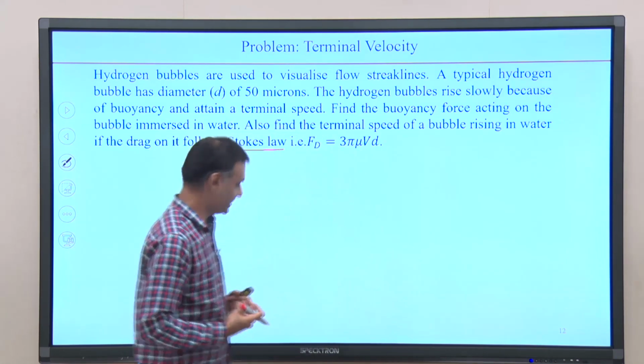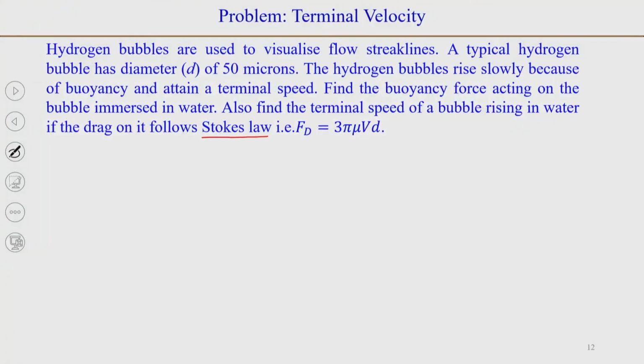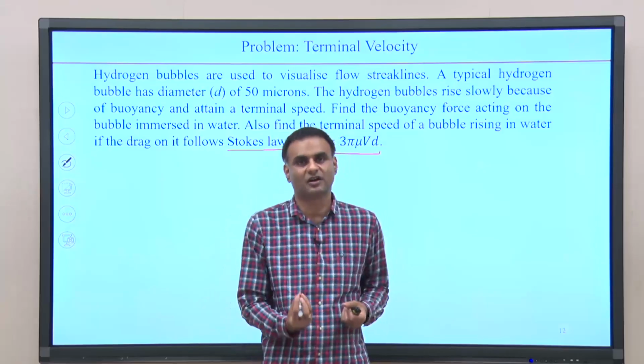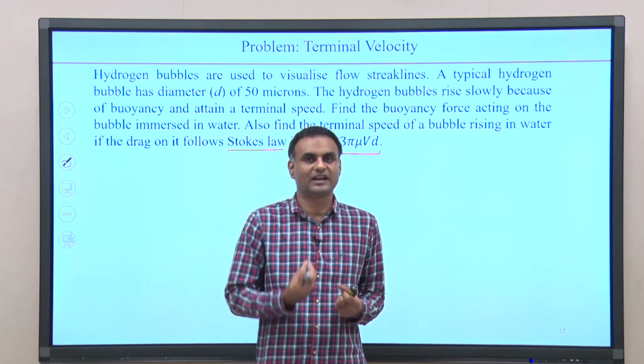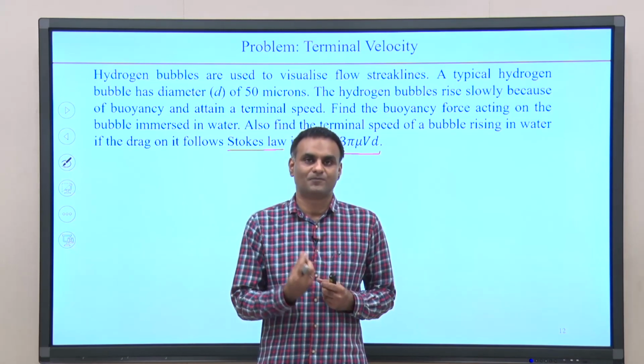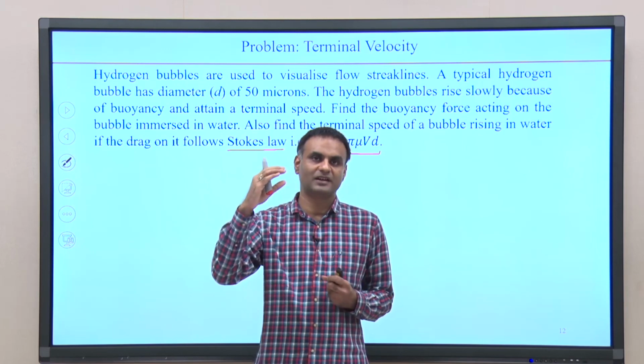You would have studied in school that the drag force on a bubble rising or a liquid drop falling in a stationary or quiescent fluid is 3π μ V d, where V is the terminal velocity, because when a bubble rises, it will start rising with a velocity and then because of the drag experienced by the bubble, the velocity will slow down, and finally the